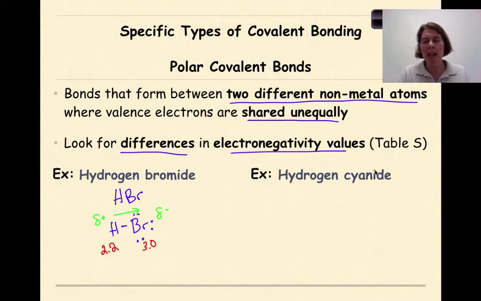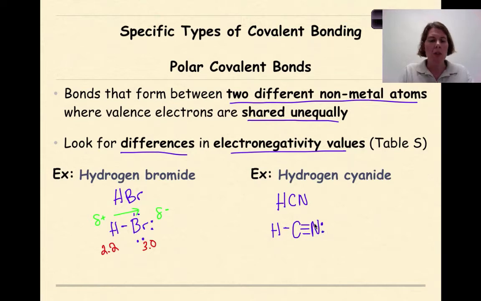Now, cyanide is a polyatomic ion that's listed on your Table E, and the formula for hydrogen cyanide is HCN. If we were to do the structural diagram of this, it'd be hydrogen with a line representing that shared pair. Now, carbon has 4 valence electrons, nitrogen has 5, so they're going to share. This shared pair between the carbon and the hydrogen fulfills one of the valence electrons that the carbon needs. So we're going to put a triple bond between the carbon and the nitrogen,